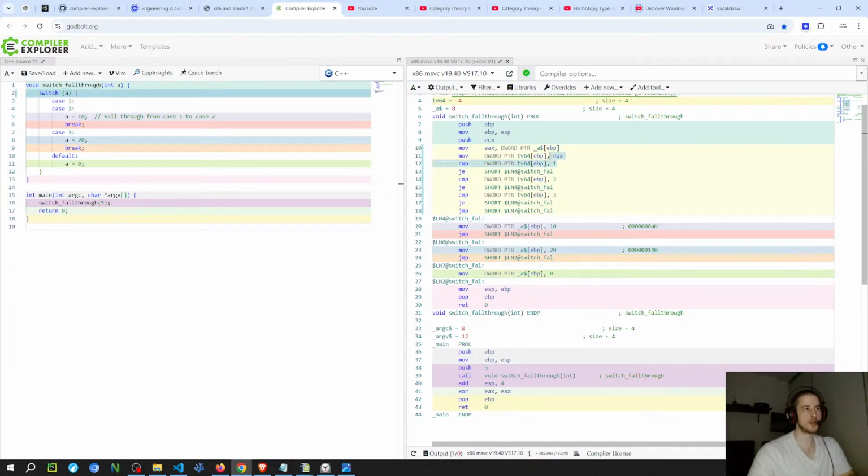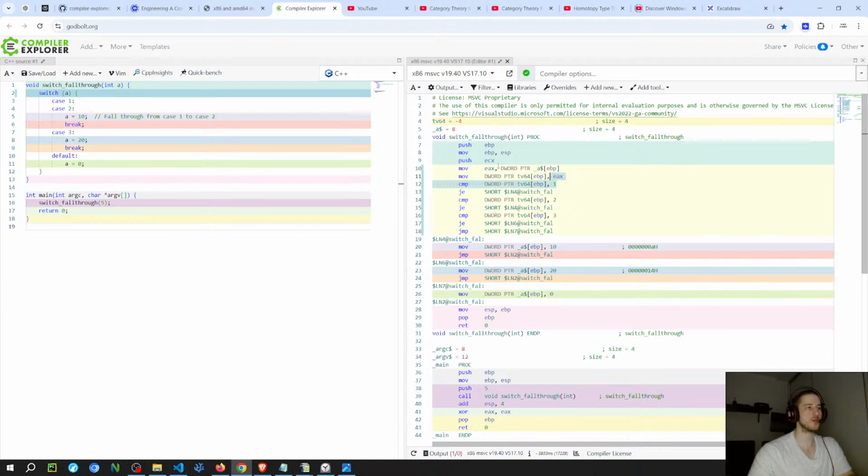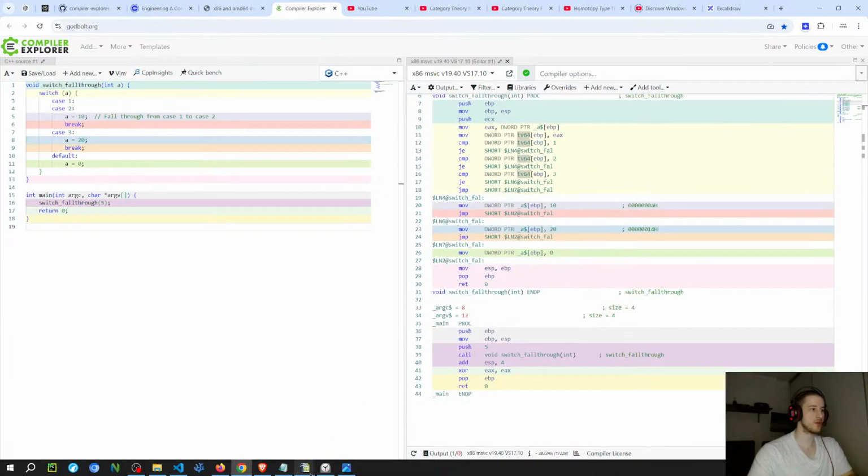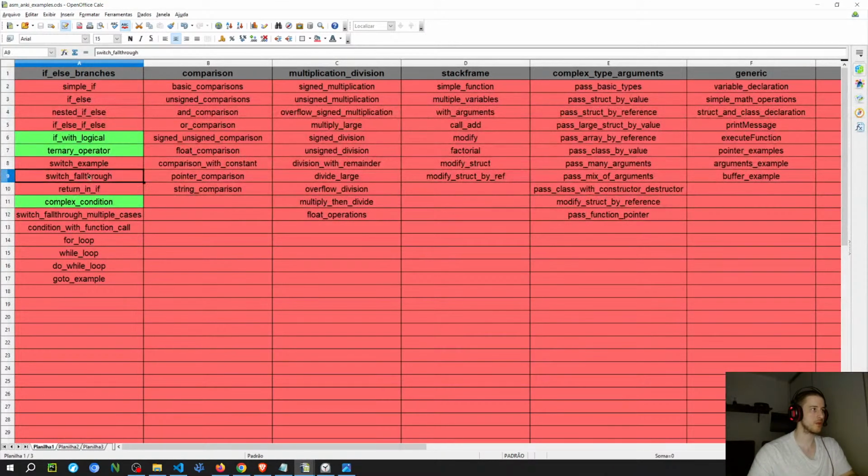But maybe it is slightly different. I think that the main difference is on the local... Yeah, I think that is worth it actually, because on the other if-else examples, it doesn't have this TV64 variable here. So I think that's something unique to the switch, because the values you put there are kind of like local variables. So it's basically creating a copy, I think. The TV64 is going to be a copy of A, and then it uses the copy to compare. So I'm going to put the fall through example probably.